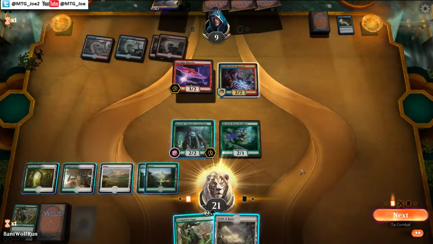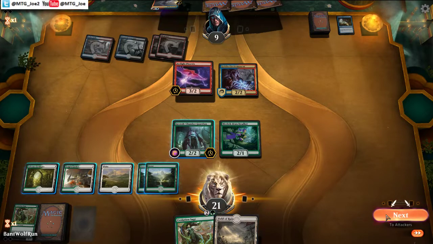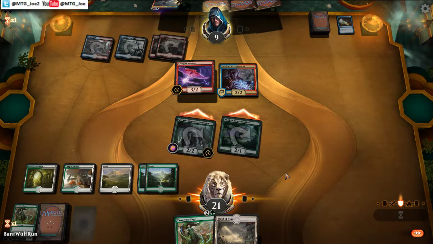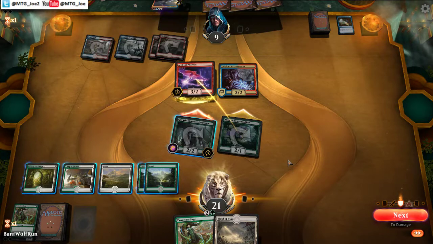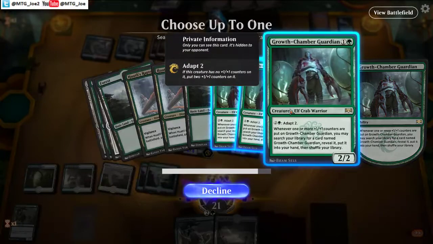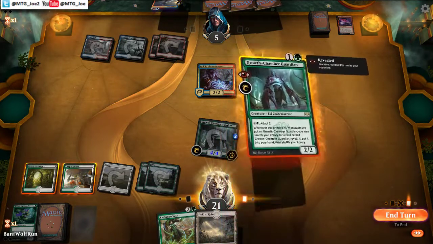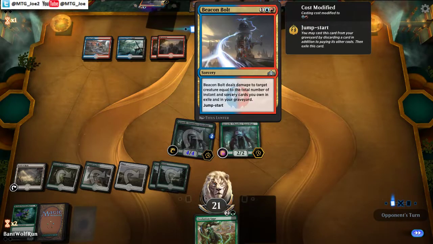It's quite aggressive of you. So here... I'm gonna attack with both. So... I think we just adapt. Gets in the most damage. So they're gonna have the Beacon Bolt anyways for at least one of our targets. They'll have to discard, but...